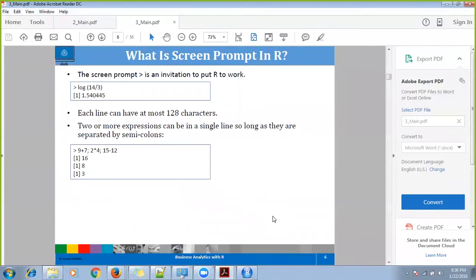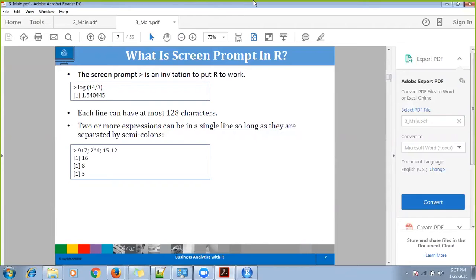Now go to the next slide. Now look at this. This is a division, right? 14 by 3 is a division, and I'm using a log operation. So this is how you can also do a log operation. 14 by 3, generally what happens in any other language is, if you write 14 by 3, they will just take the complete integer out of it.